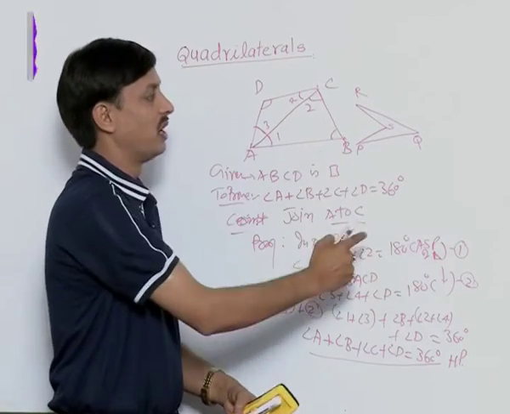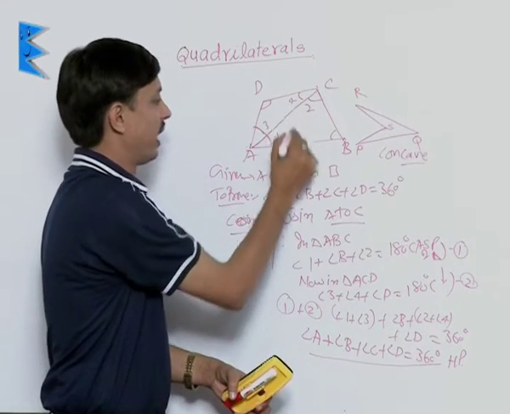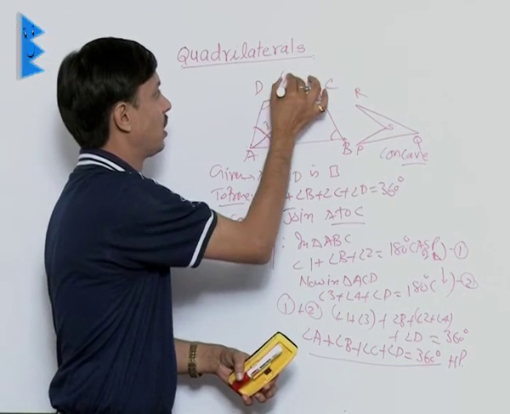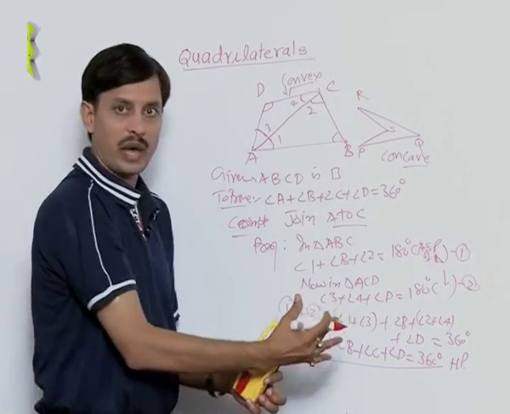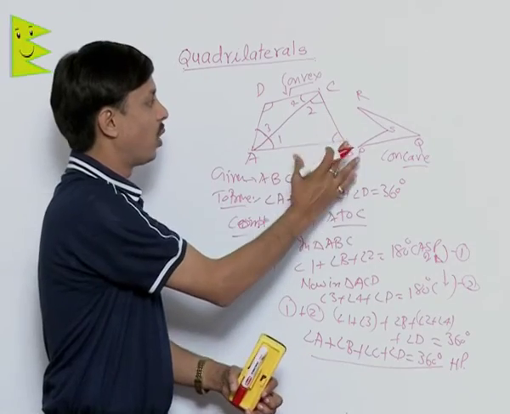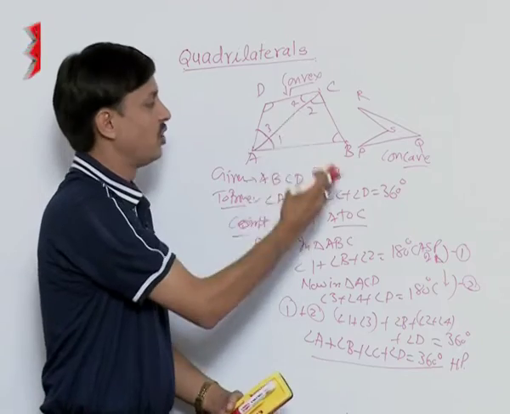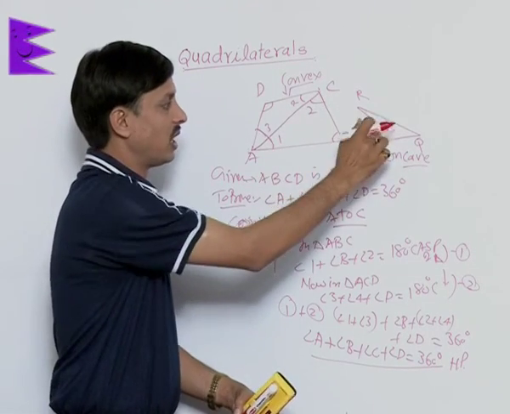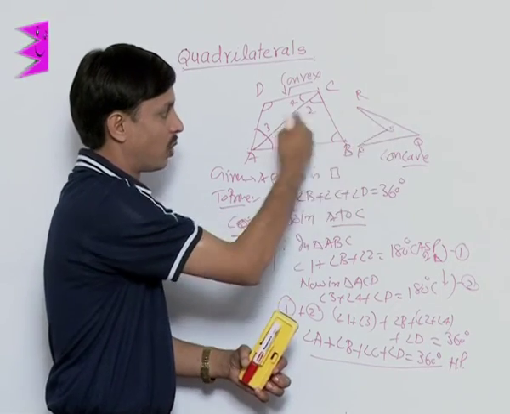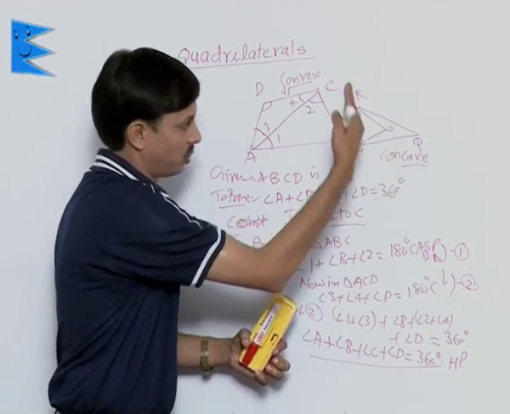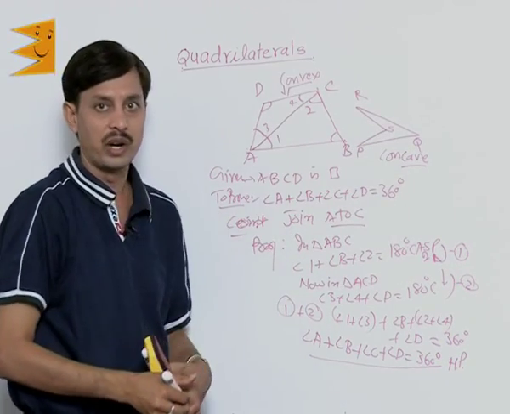Yes, it is also a quadrilateral, but it is a concave quadrilateral, whereas this one is the convex quadrilateral. So quadrilaterals are concave and convex. Convex is this, where all the vertices are on the same side of any tangent drawn at a vertex. But here you can see this is the vertex S, two vertices P and R are on this side and another vertex is on this side. So this is the concave and this is a convex quadrilateral.